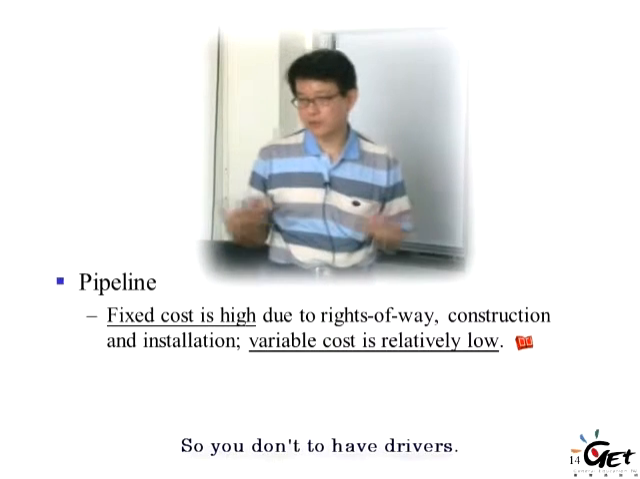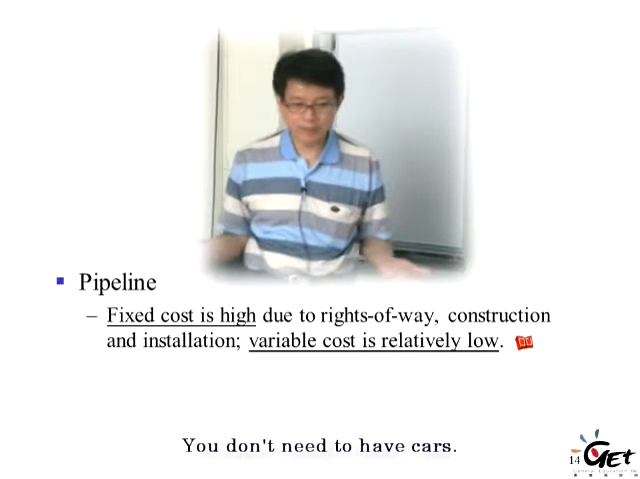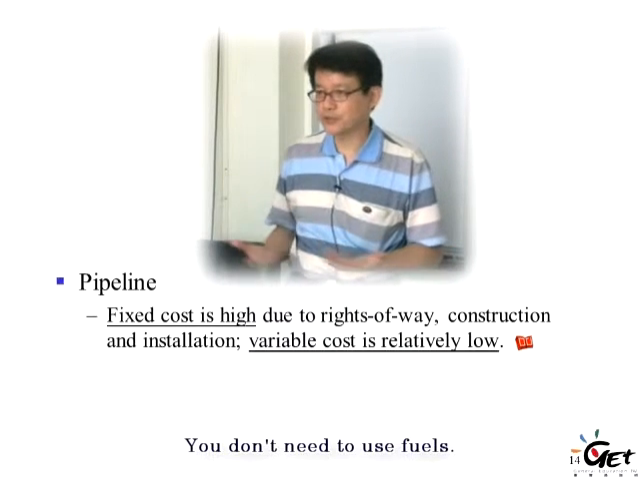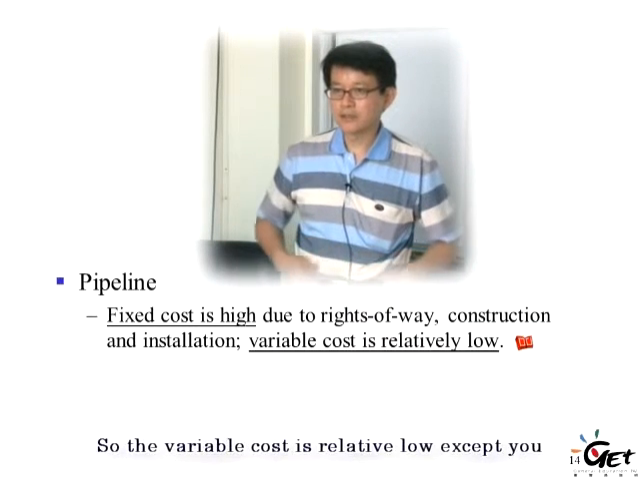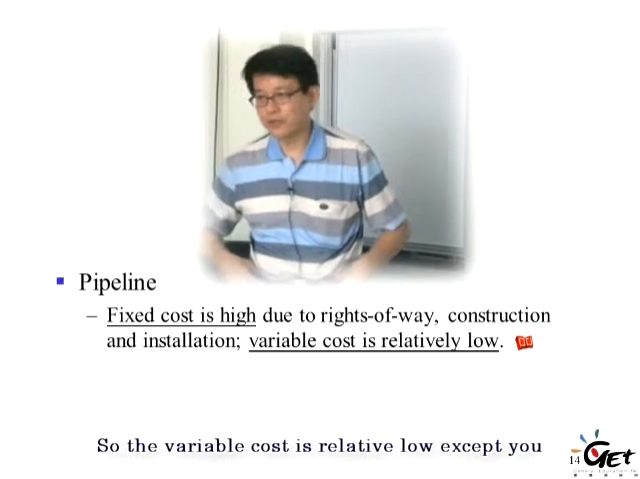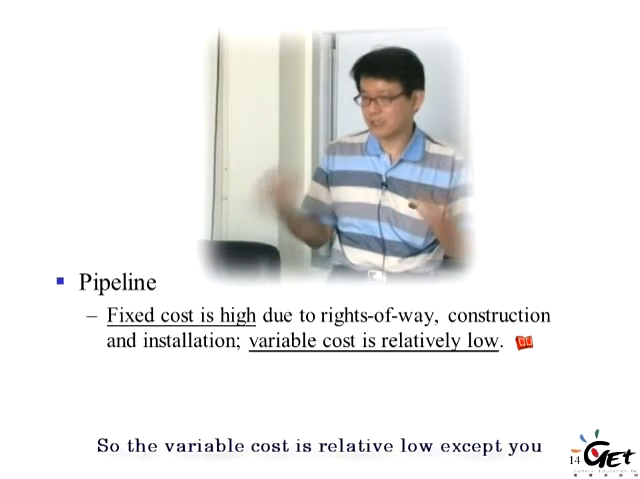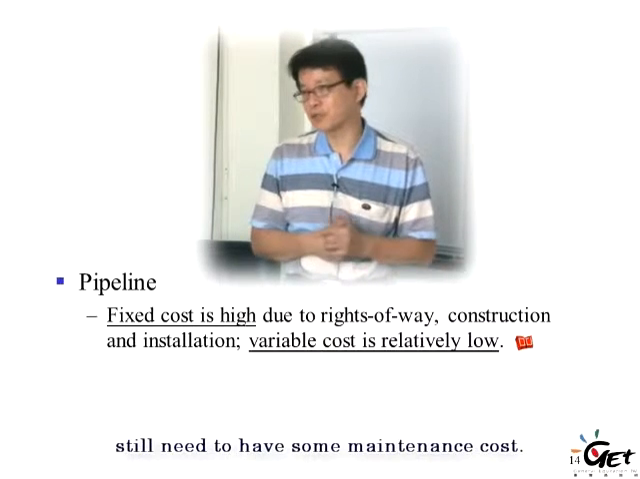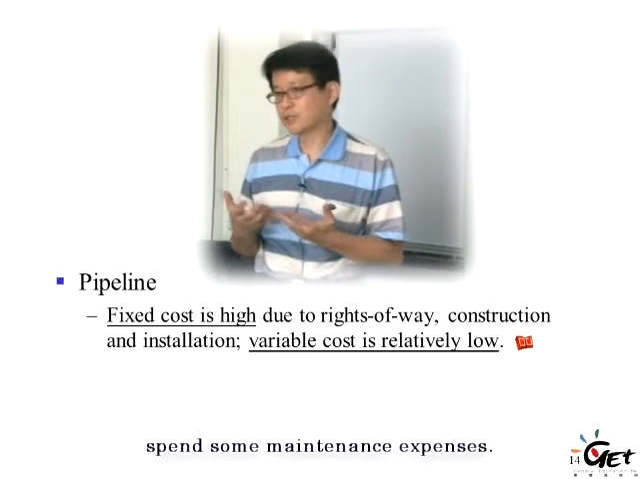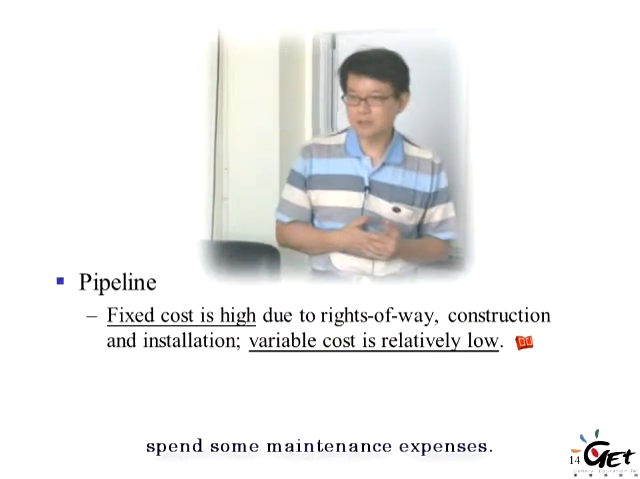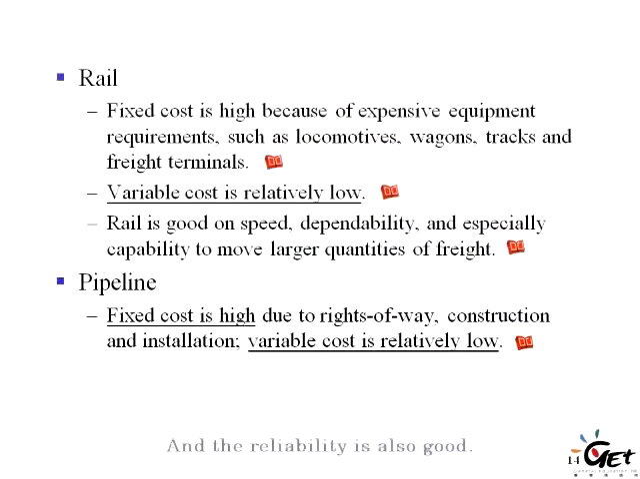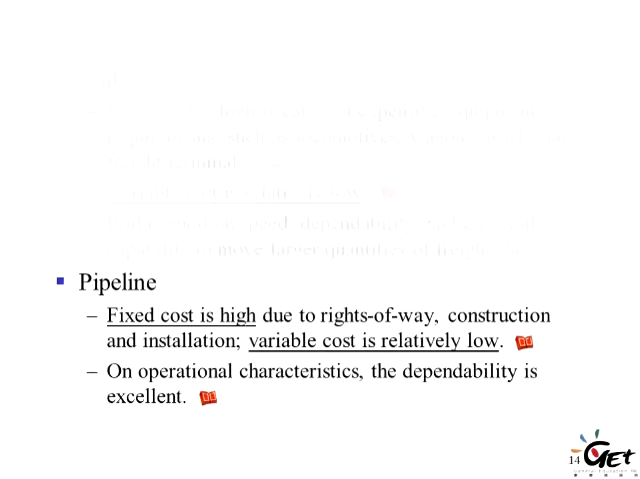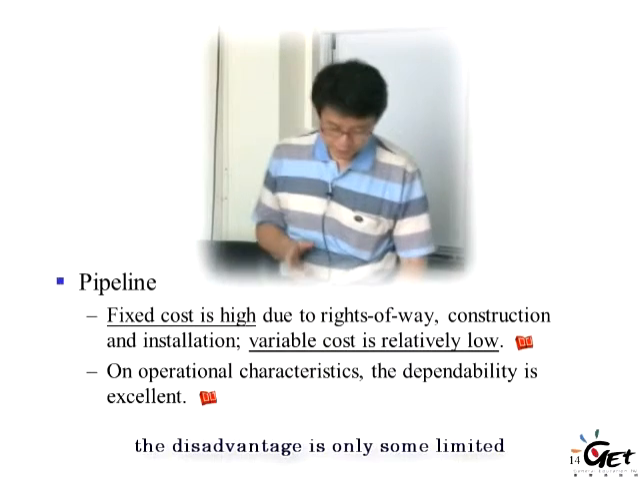So you don't need to have drivers, you don't need to have cars, you don't need to use fuels. So the variable cost is relatively low, except you still need to have some maintenance cost. You still need to spend some maintenance expenses. And the reliability is also good. However, the disadvantage is